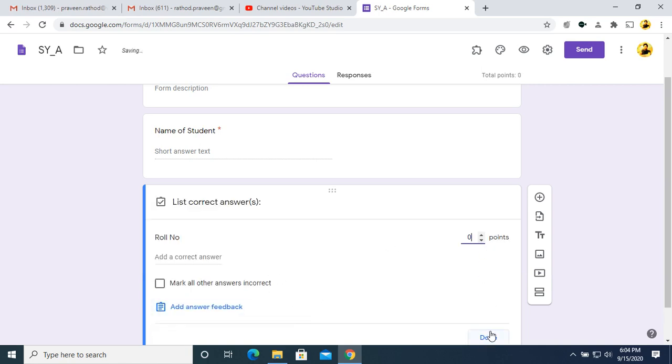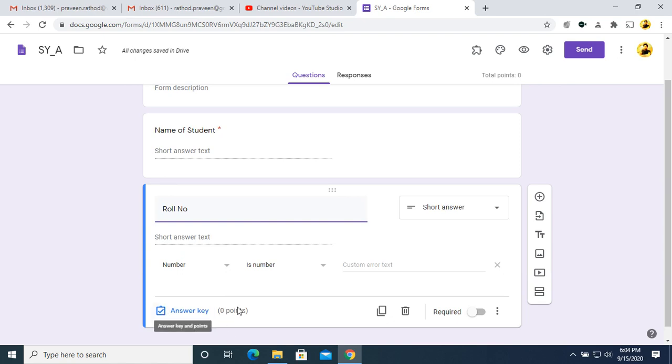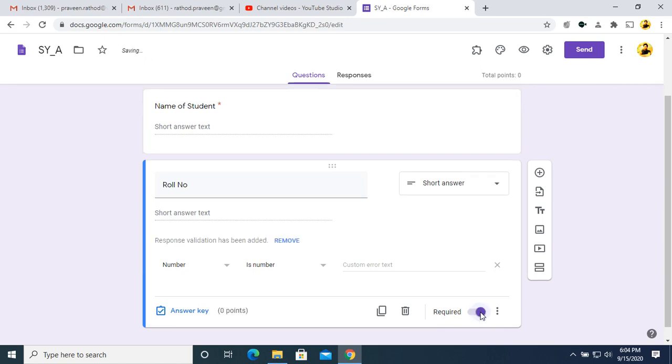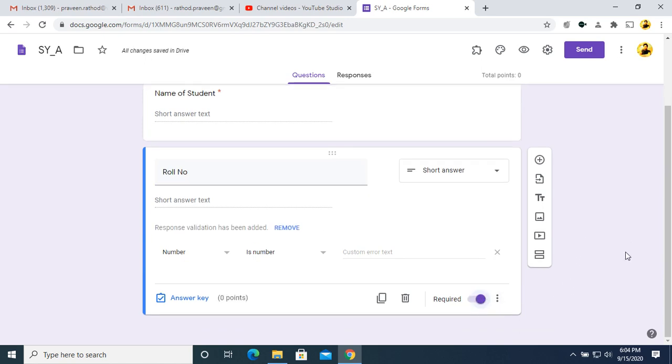Just uncheck this, because an answer key is not required; you only have to put 0 points for these two options. Here also you can click required. After clicking required, create the first question.